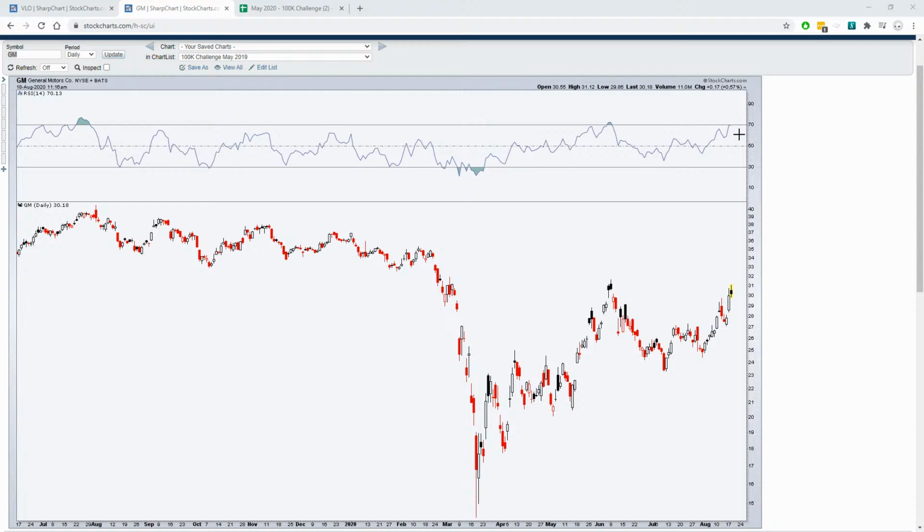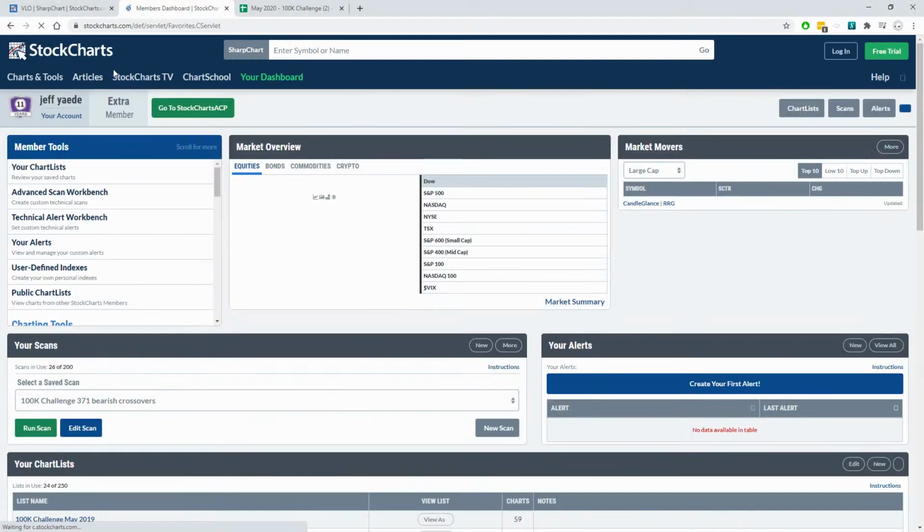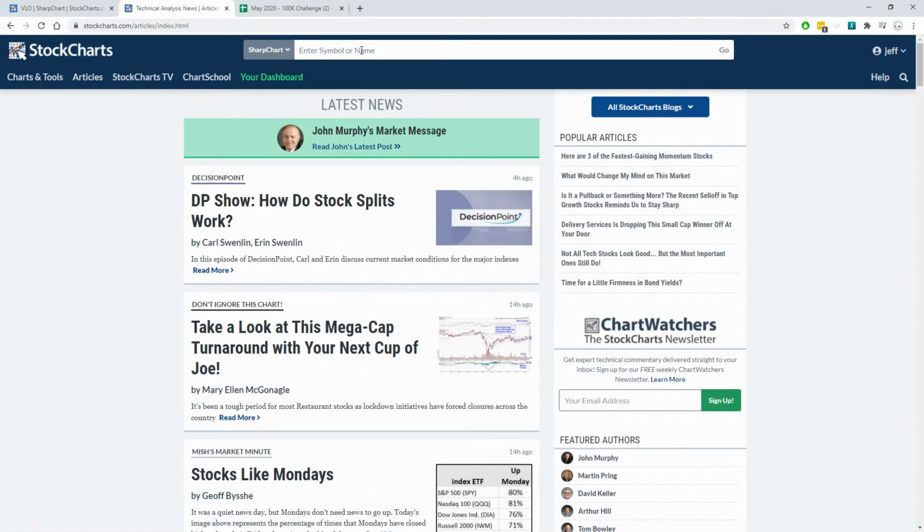All right, so that's RSI and slow stochastics. Hopefully that helps you out there. There's great information even here at StockCharts. If you come into the articles, you can just search stochastics and RSI. I mentioned John Murphy, who did the work on the 39-day. He does a few posts here a week